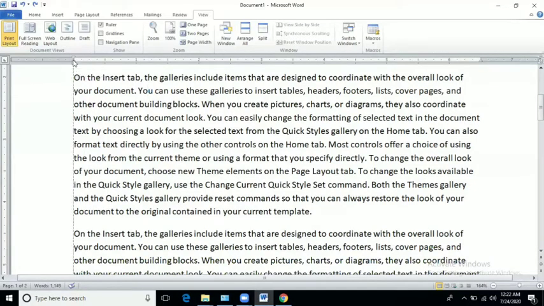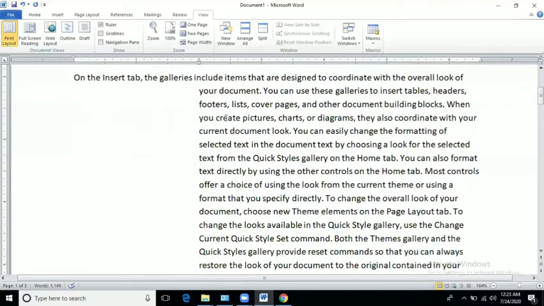Just click, hold down the mouse left click, and when we are moving, you can see the first line is not moving. The first line indent marker is there. It means the first line will not move. All the other lines except the first line will move.